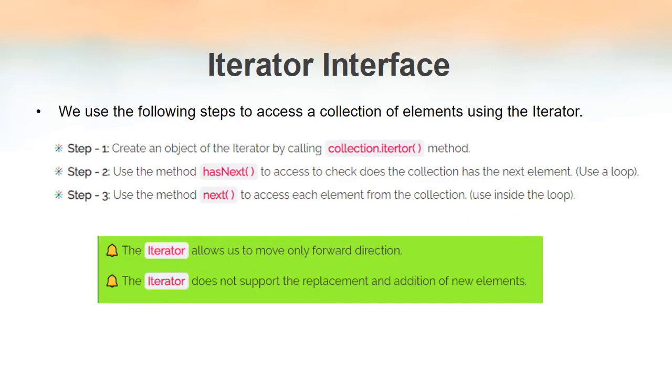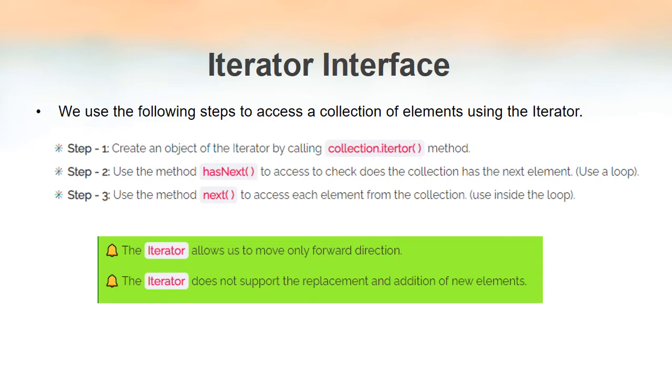What are the steps that we need to follow in order to use the iterator to iterate through a collection? There are 3 steps. First of all, we have to make use of the iterator method that is available in all collections. So if our collection is a list, we have to use list.iterator(). That is how we call the iterator method. The iterator method returns an object of the Iterator interface. By using that object, we can use the hasNext method as well as the next method inside the Iterator interface.